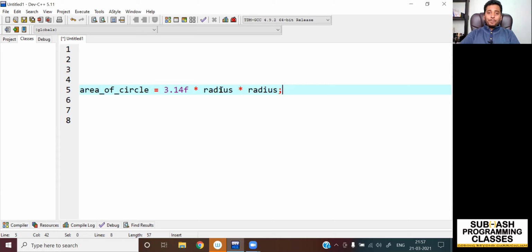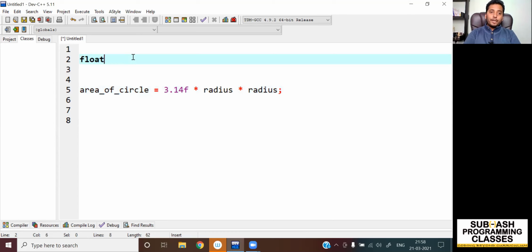Okay, now the next step is that we know that to find the area of a circle, we have to give input to this variable radius. It means we'll have to assign some value to the radius, right? But to give some value to this variable, first of all we have to create the variable radius, and to create it, we must know what kind of value it will hold. And we know that the radius of a circle could be a floating point value also, right? So we will create this variable radius of type float. Let me write this declaration statement: float radius;